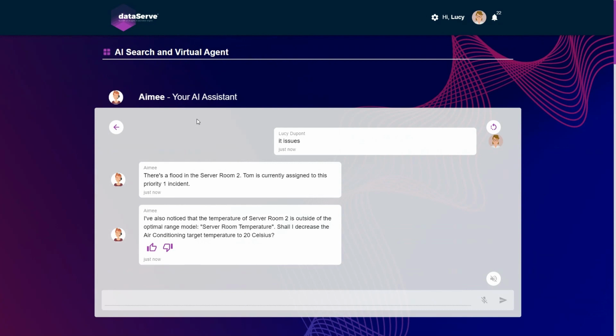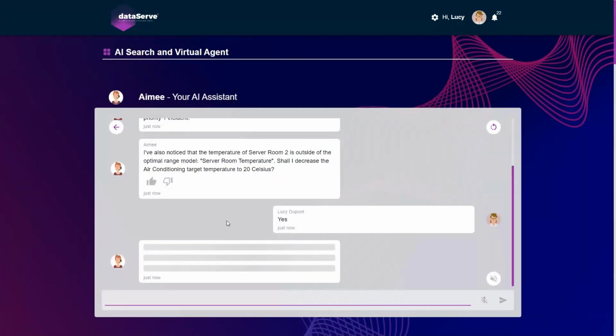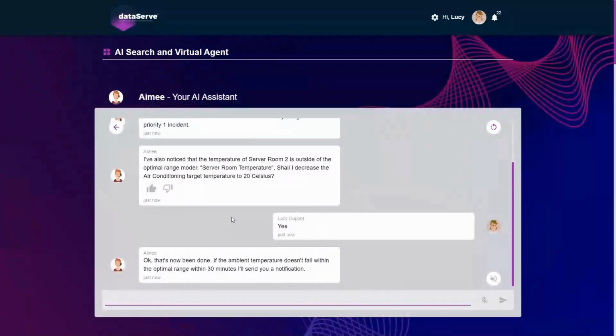Well, that makes sense because we know that the door's open. We know that there's flooding going on. There's something going on in that room, but it's important that we keep that room cool. So in this case, I'm going to say yes. This is not advice for how to manage servers. That's not my expertise. I apologize, but I presume that this is the right thing to do.